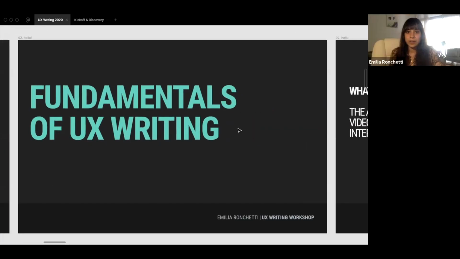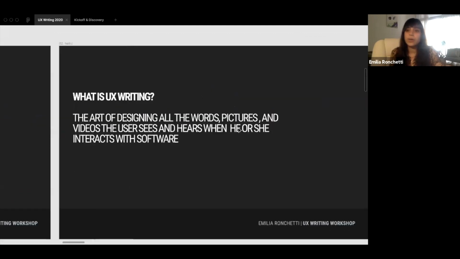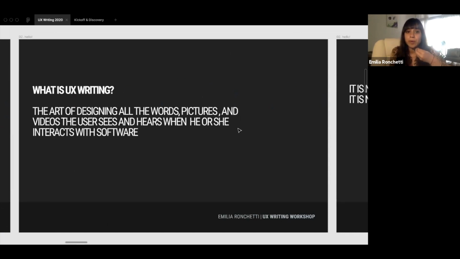So we are going to be talking about the fundamentals of UX writing. What is UX writing? The formal definition of UX writing is the art of designing all the words, pictures, and videos that a user sees and hears when he or she is interacting with software. And it's not random that we call it the art of designing, because when we are writing, we are also going to be designing, because as you're going to see, we are going to have a process